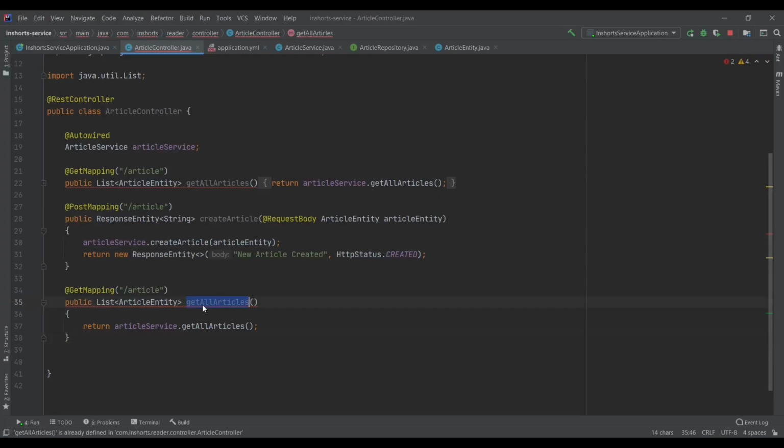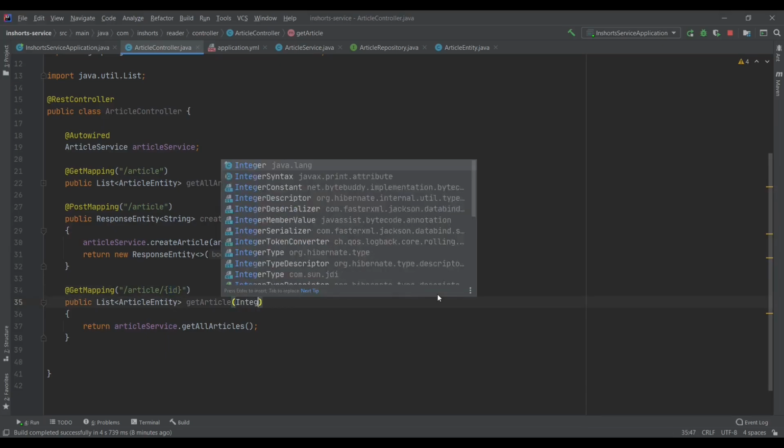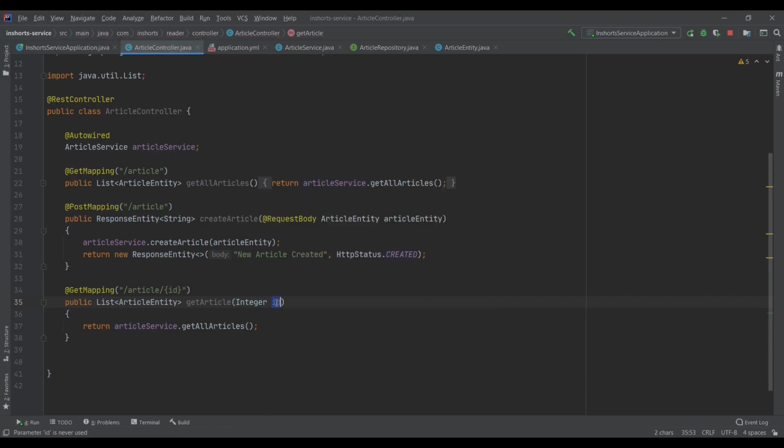So now instead of get all articles, I'll be using get article, because that would make much more sense. Since this is a get endpoint, we do not need any request body. So we'll be changing the URI a little bit. After that, we'll be adding / and we will add our variable with these curly braces, and inside that we'll be specifying our ID. So now to get this ID, we would be adding it in the argument of this. Since this would be an integer, we'll be adding it like that. To specify that this ID belongs to this path variable, we would need to annotate it with @PathVariable.